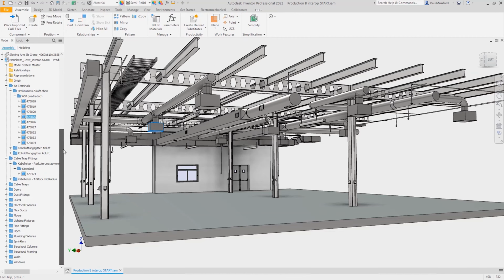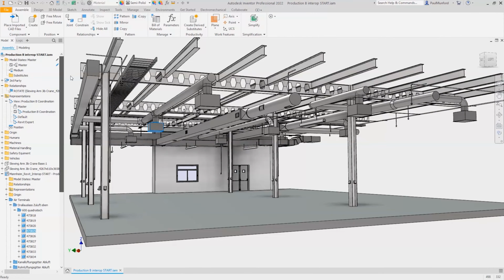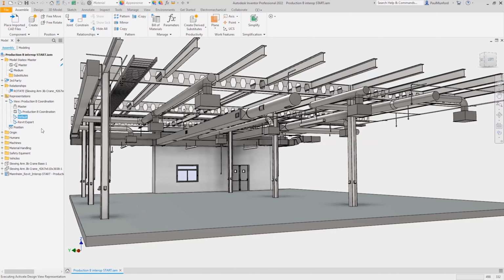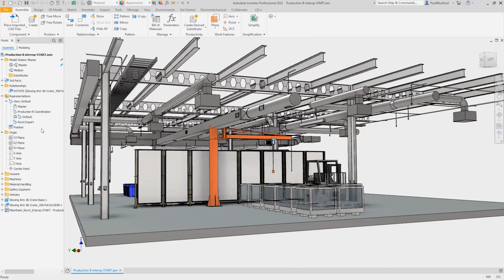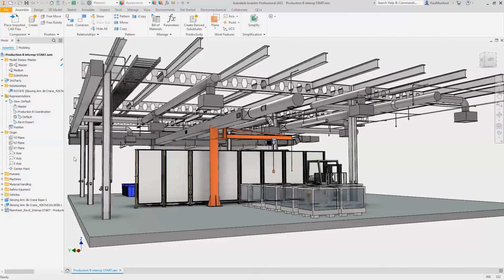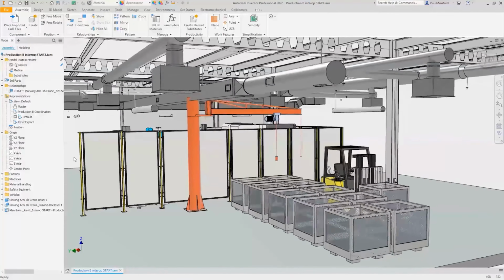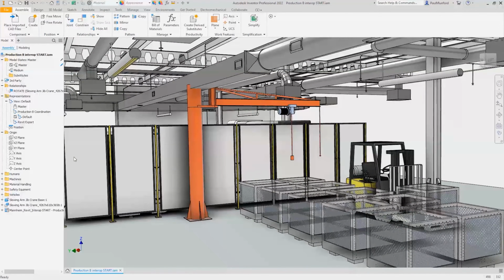Our next job is to place the Inventor model of our production line machinery into the design. To save us some time, I've already placed the models and hidden them from view, so let's make them visible. And of course, we could place relationships between the Inventor model and the Revit model: constraints, work features, sketches with projected geometry, confident that should the Revit model update, the AnyCAD reference here inside Inventor will update as well.